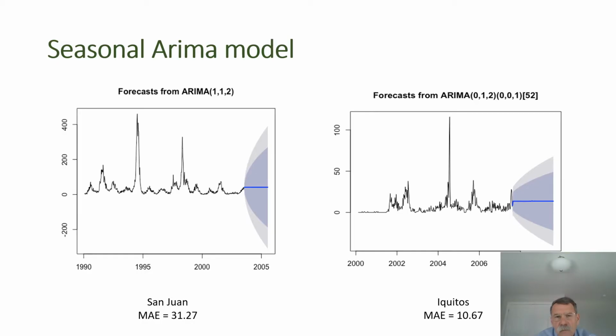The seasonal ARIMA model was actually my best model, and I'll show you the results in a few minutes. It helps deal with the seasonality, which was prevalent in the data. So you can see on the left-hand side, which is the San Juan data, you can see the seasonality, and you can see the model that was used. What's not showing there is the seasonal part,